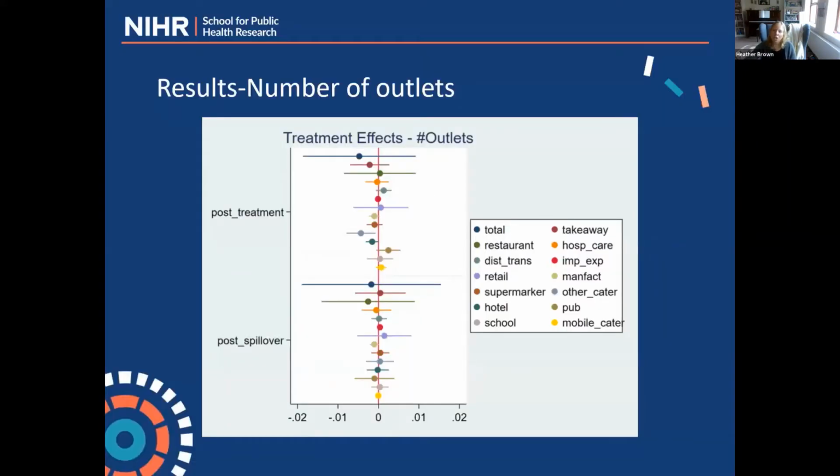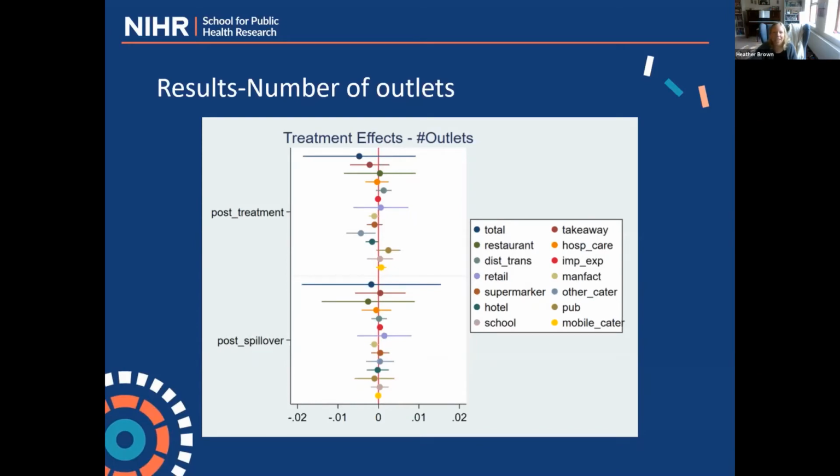So then this just shows, so this is from our estimation model, which is estimated using the quasi-experimental technique difference in differences. So it basically just compares the number of outlets before and after the legislation came into effect. And as we can see, this is on the existing number of outlets if the legislation caused any change. And in a sense, we wouldn't necessarily expect it because it only relates to new premises, but it is possible that it may have if it changes business expectations, but we wouldn't necessarily expect to find anything,